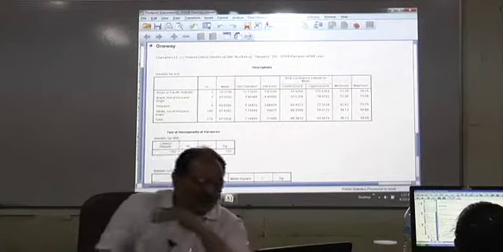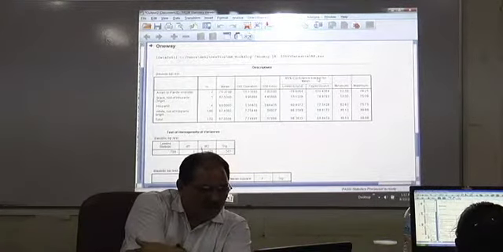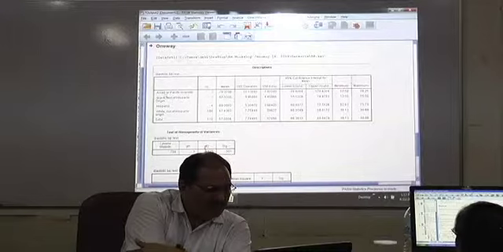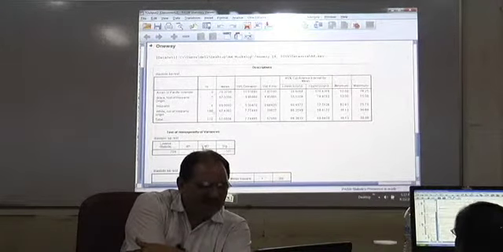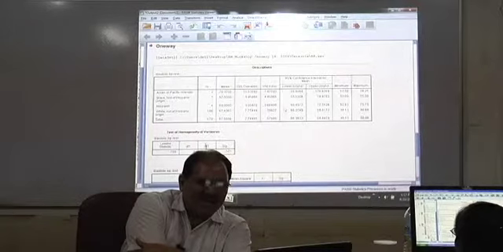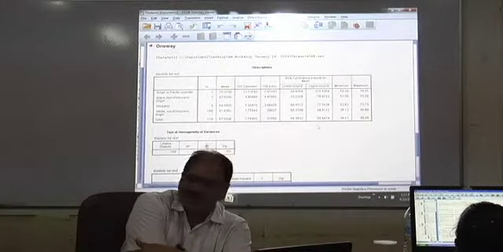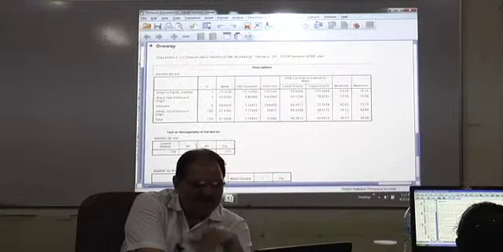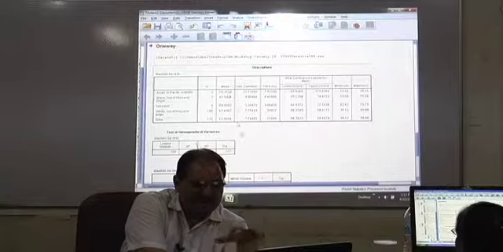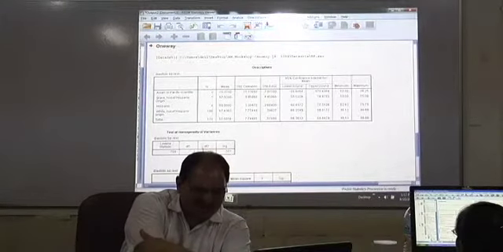Now look at this. This is the table of descriptives. That means mean, standard deviation, standard error, lower and upper values are given, and minimum and maximum values. Okay? Now these are the blood pressure values that are means computed for different races.